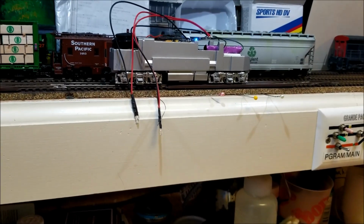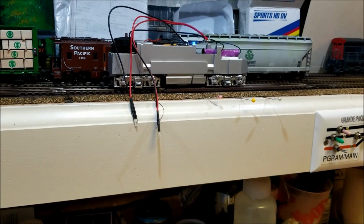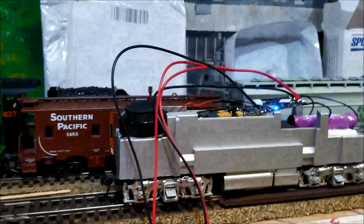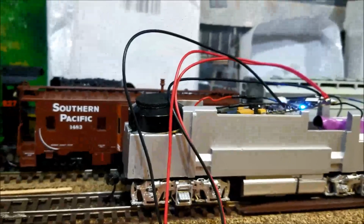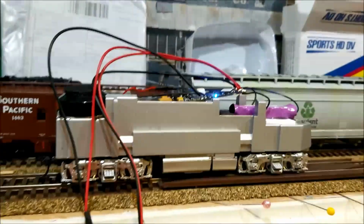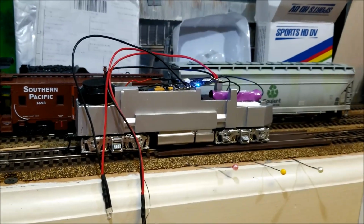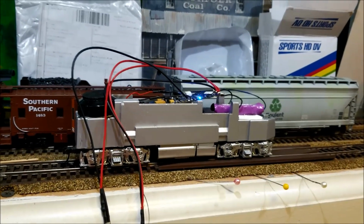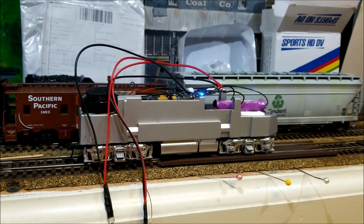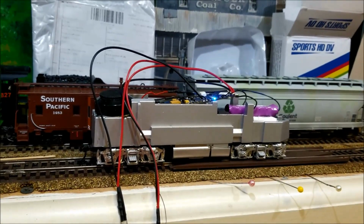Got bells. These are really good. We'll give you a rundown with all 3 units together. Now, this was the speaker that was with the MRC system. It's really good. I have turned the volume down on these units way down. I think it's 0 to 255, and I think I'm at 64 on the volume, both the master volume and the